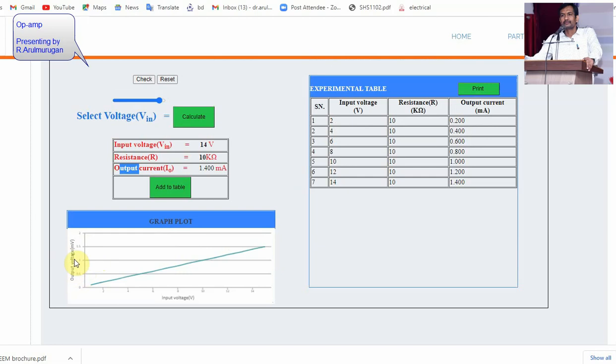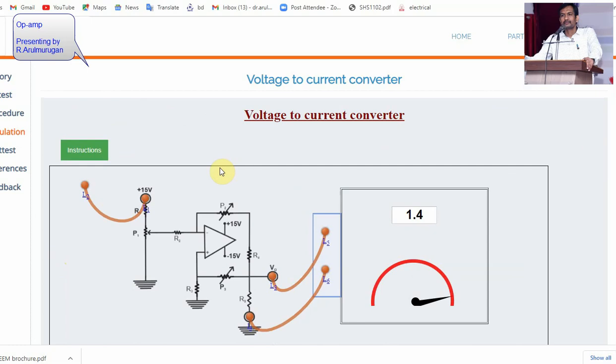They are written in voltage form, and you may write the current form also. So this is about the application, the voltage to current converter using an operational amplifier. Input is at the minus terminal, so minus means it is an inverting amplifier. The output is 180 degrees out of phase.